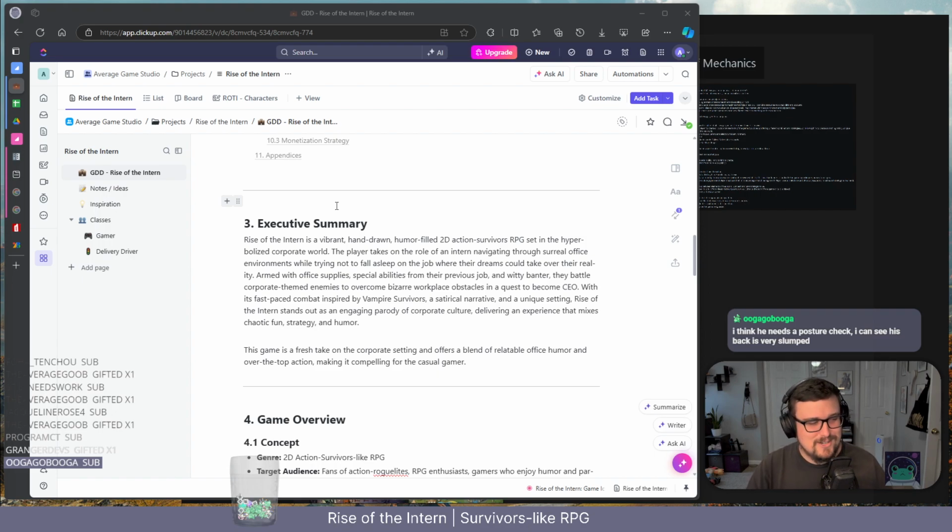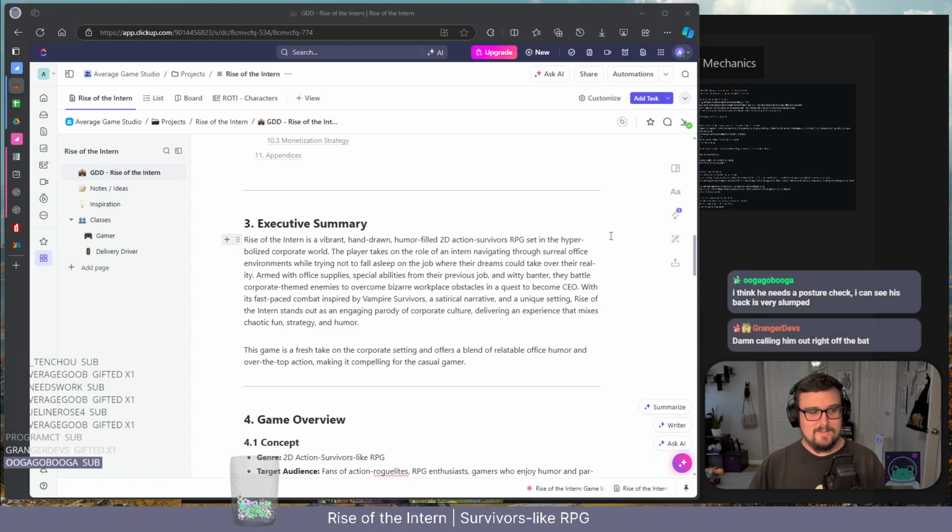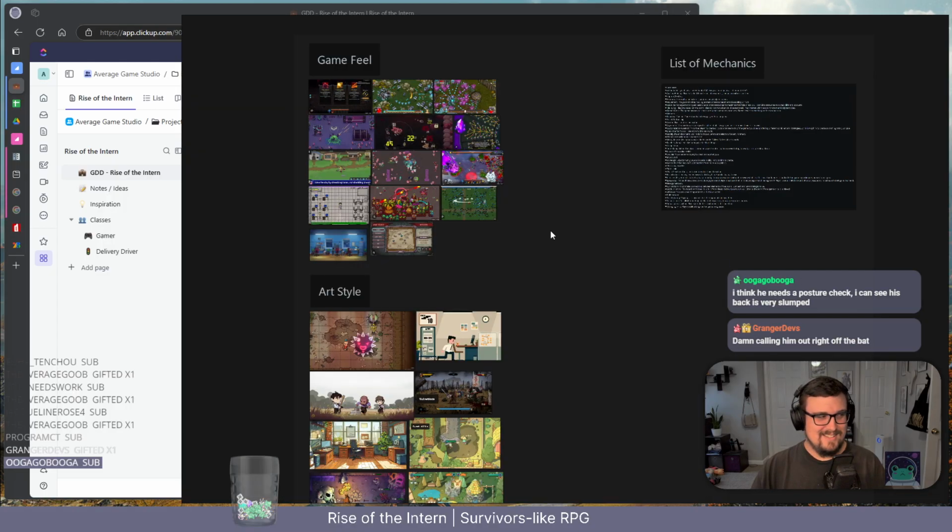I think he needs a posture check. No, I'm not. I was sitting up straight. Sorry, I was leaning forward a little bit. Don't worry about it. What? Feel like your back could be straighter. It is straight. Shoulders back. Oh, I can't. My desk is forward. If I did that, I couldn't reach my keyboard. I can't reach it. Calling him out. You know what? Listen,